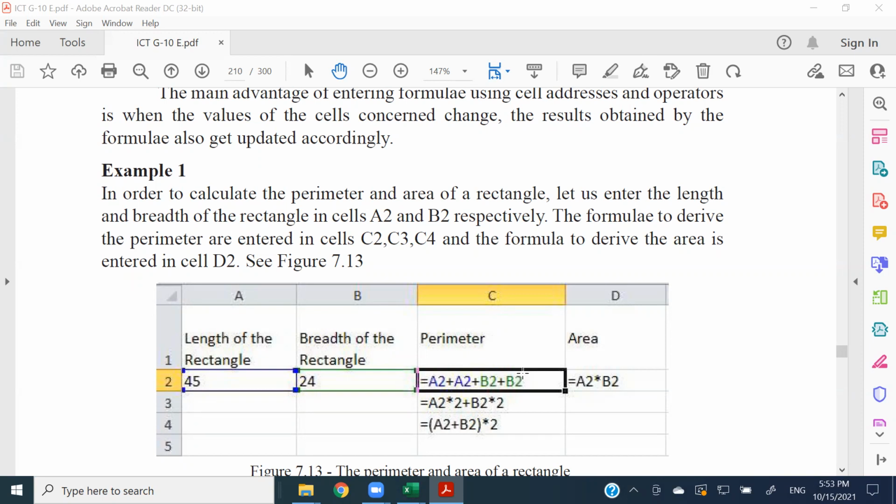Now think that you have some values in 100 rows. If you want to take the addition of those 100 rows,